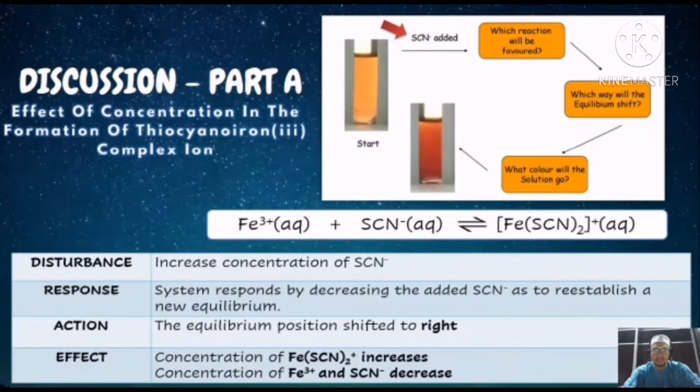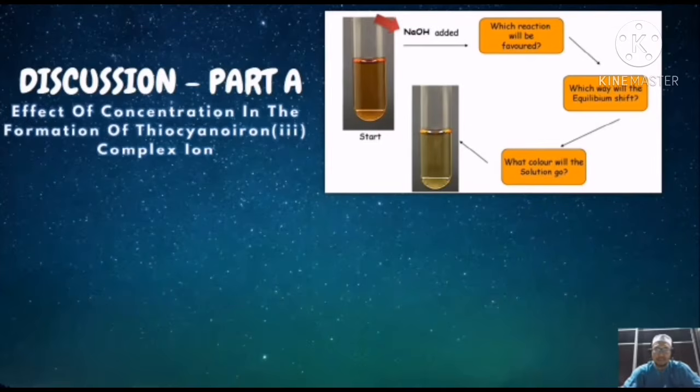When we increase the concentration of thiocyanate ion, the system responds by decreasing the added thiocyanate ion so as to re-establish a new equilibrium. The equilibrium position shifts to the right, and the concentration of thiocyanoiron(III) complex increases, and the concentration of iron(III) ion and thiocyanate ion decreases. Okay, when we add sodium hydroxide,